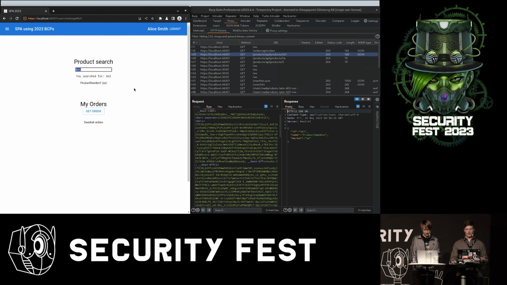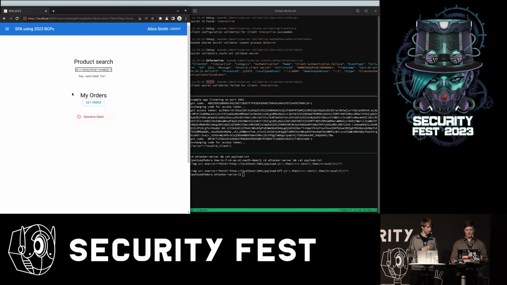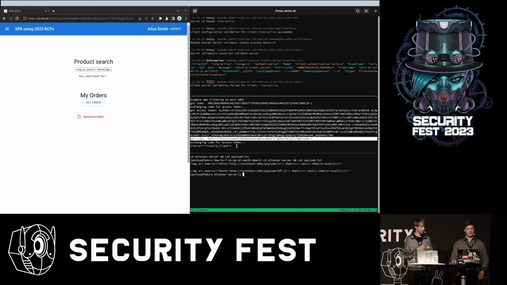And we can try. I mean, you saw that we do get the code, so we can try to exploit the same kind of vulnerability we did the last time. Doing that, copying this payload, just entering it here. We do get the code, but when we try to exchange that for the access token, we get an invalid client error.